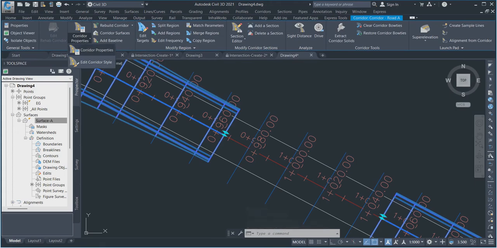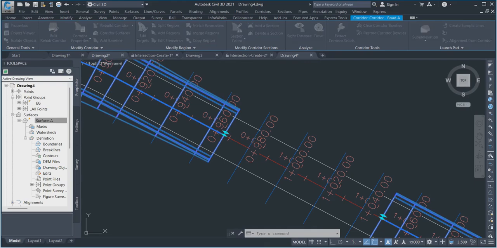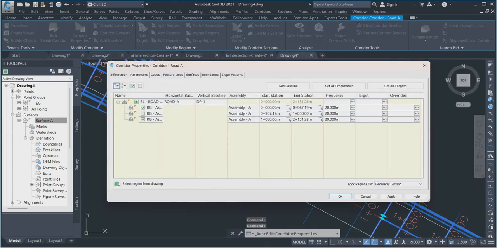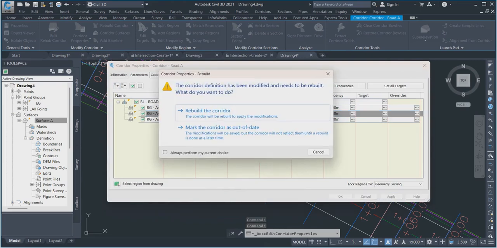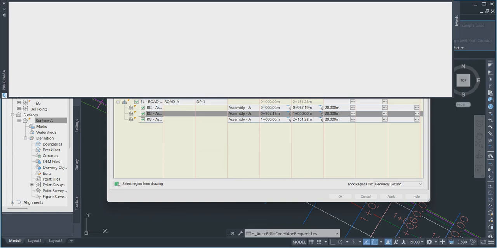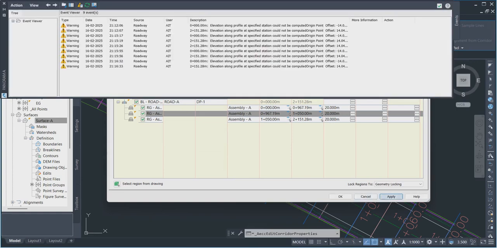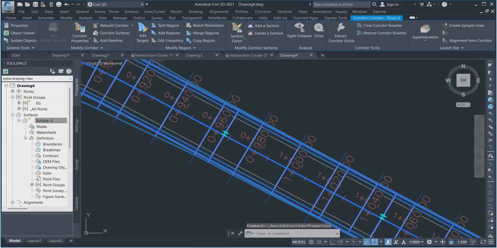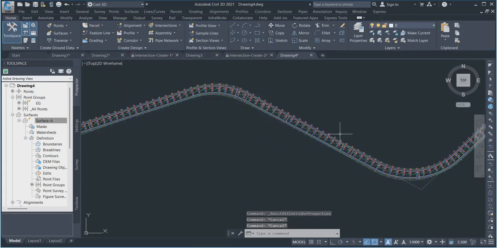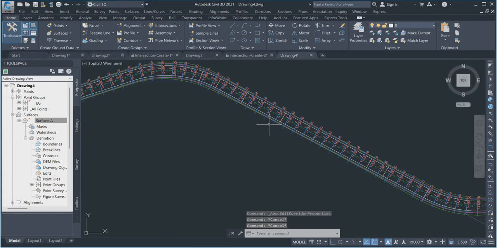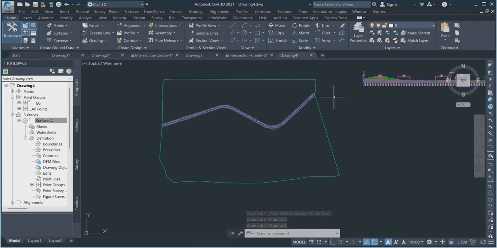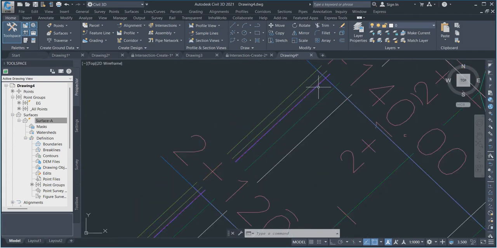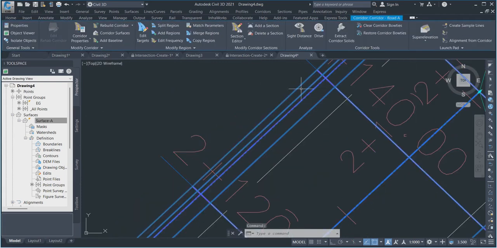Go corridor, rebuild. Okay, apply. So it's happened. So automatically we are going for the reverse view. After that, you can just select the corridor. You can go for the drive,